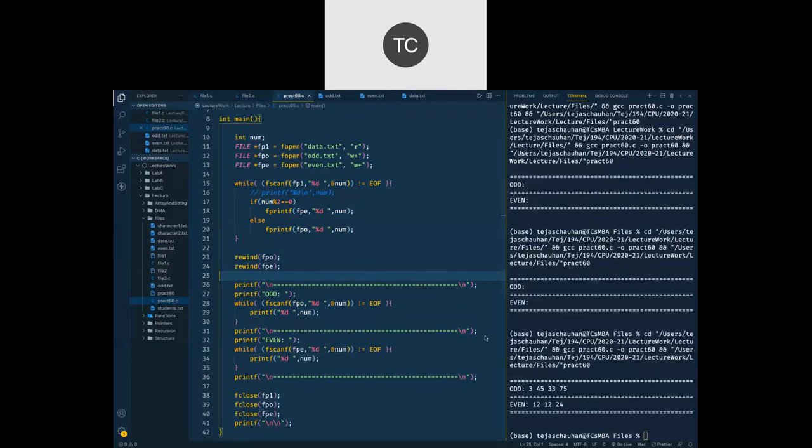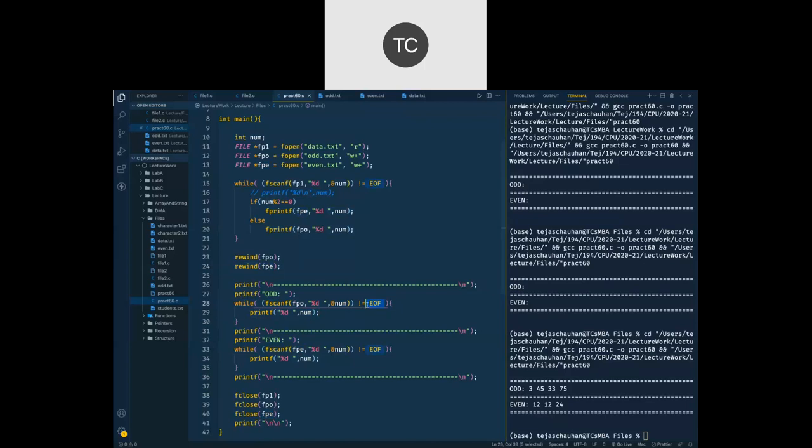Okay, so we have those numbers now. Just what we needed was to rewind our pointer. That's it. So now when I rewind it, ये दोनों pointer फिर से starting point पे आ जाएंगे, और starting point से अगर मैं फिर उसी फाइल को read करूंगा, then I'm going to have those numbers and I can print those numbers. कहाँ तक चलेगा ये loop? जब तक आप end of file तक नहीं पहुंचते हो तब तक ये चलता रहेगा. And we print all those numbers.